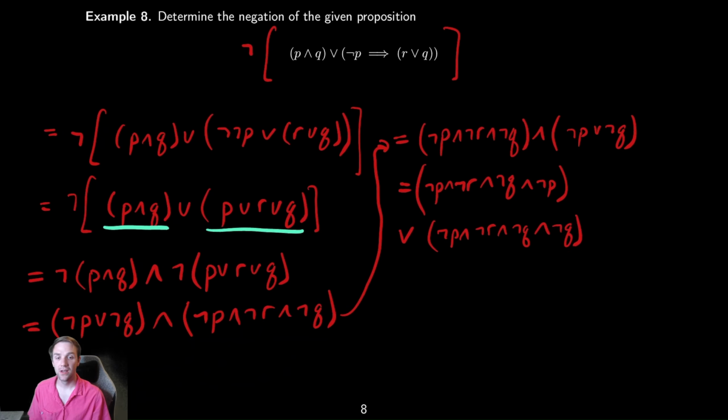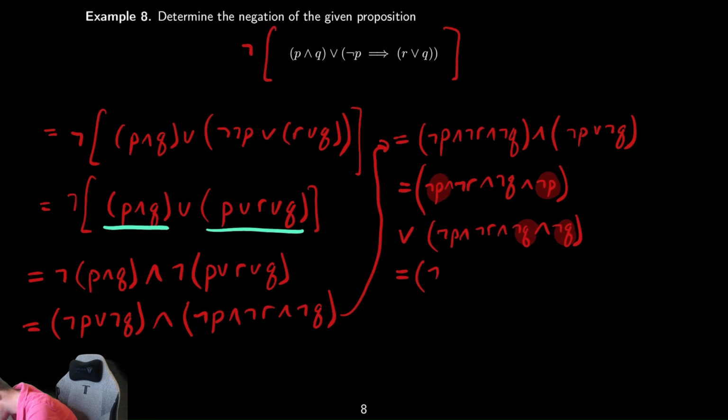not Q. And again, you might have tried to be clever before this, but now maybe we can see there's something a bit suspicious about what's going on here. In the first statement, we have a not P and a not P, and in the second one, we have a not Q and a not Q. If you have a duplicated symbol, that symbol effectively means, look, if I say my name is Nick and my name is Nick, you might look at me like I'm crazy because why on earth would you say the same thing twice? So because of that, we can remove the redundant symbols, and we have not P and not R